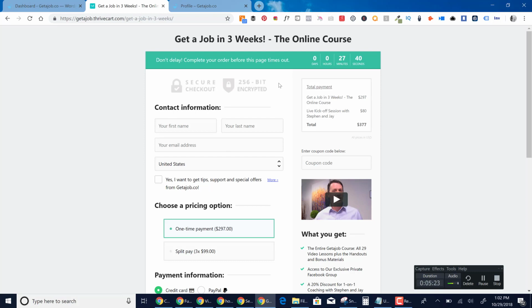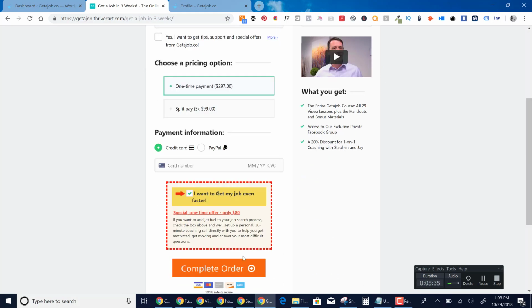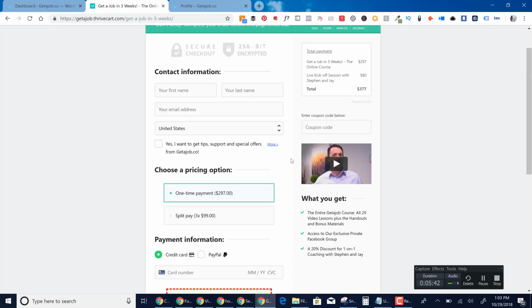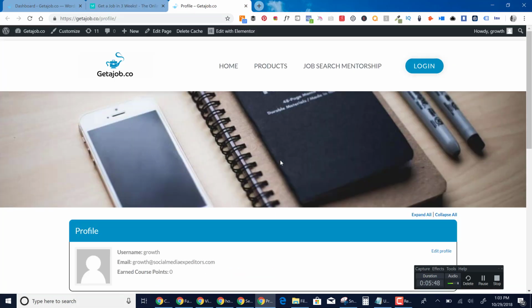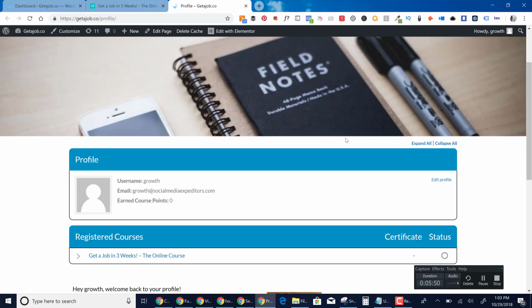So to me, this is the perfect checkout process. There was no point where they needed to go to a cart. All they did is we were on the page, they said they wanted it, and then immediately they're here where they put in their information, one click, and their credit card gets charged. I think all of that WooCommerce stuff just really slows down the process. And this just makes it a super smooth user experience. Anyway, so if someone goes to their profile,